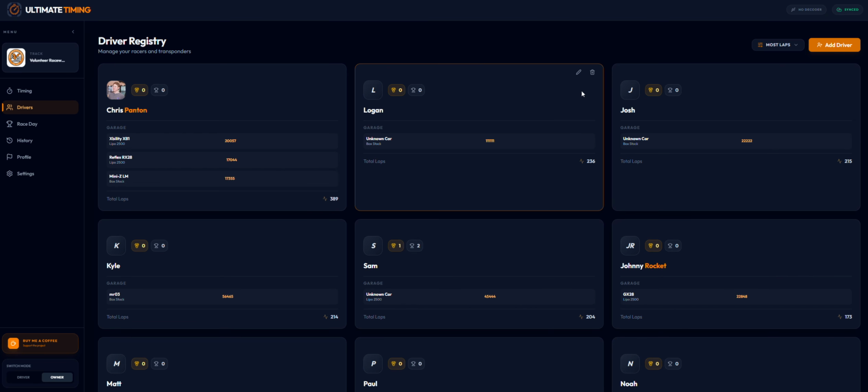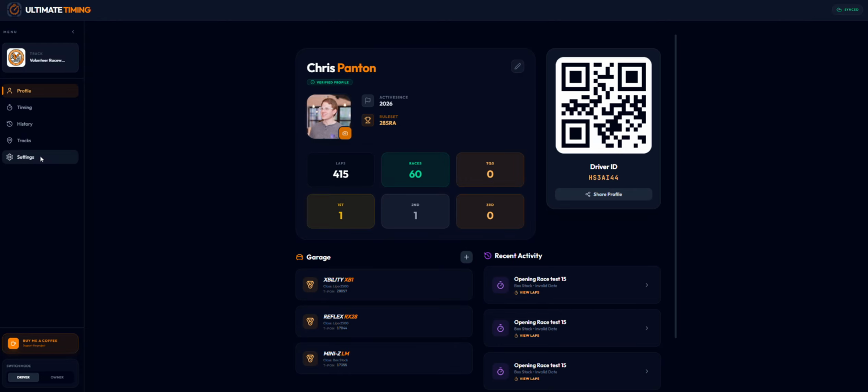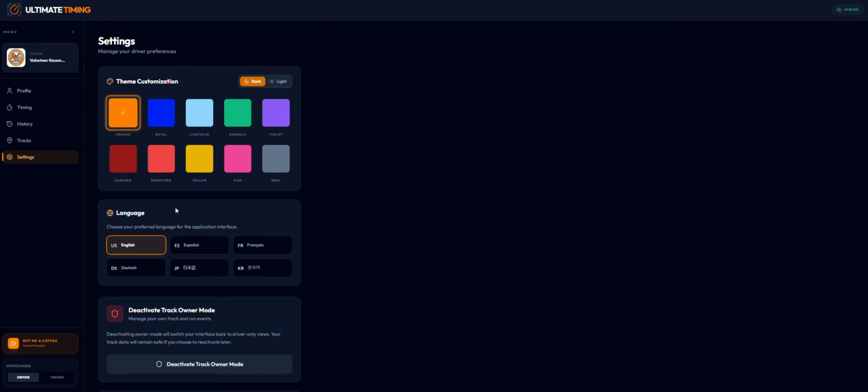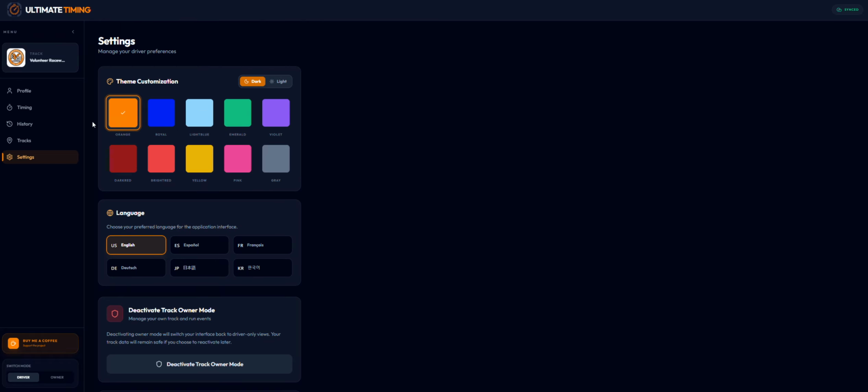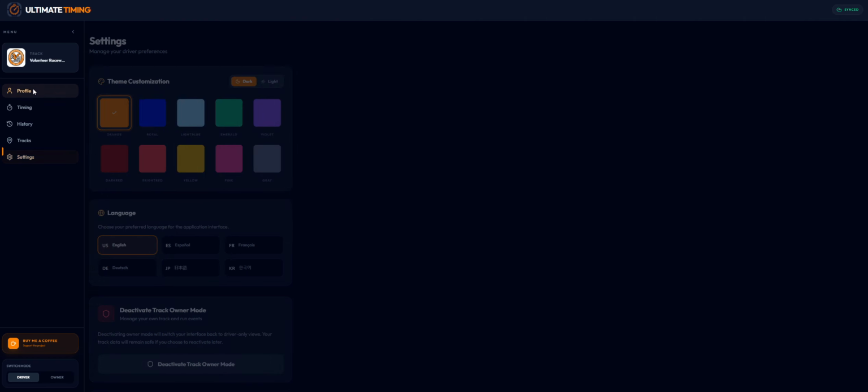So we go back to that drivers list here. So that's the add driver. And then something that's going to be really special. If we go back down here to switching mode, because we have a driver mode and a track owner mode, a driver can specifically be only a racer and that's it. But if, let's say, someone buys their own track, they can activate track owner mode, which gives them the ability to run timing for themselves. But anyways,